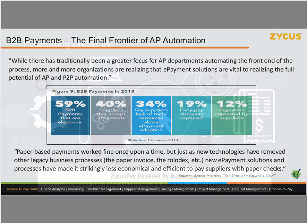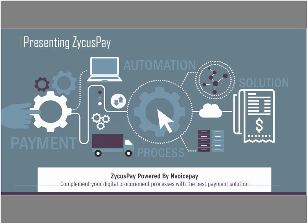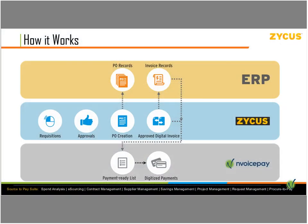So that's why we're so excited to announce Zycus Pay. This is the coming together of Zycus and InvoicePay. So Zycus Pay, powered by InvoicePay, is a way to really complete this entire end-to-end process and close that purchase through payment loop. And Byron's going to tell you all about how the